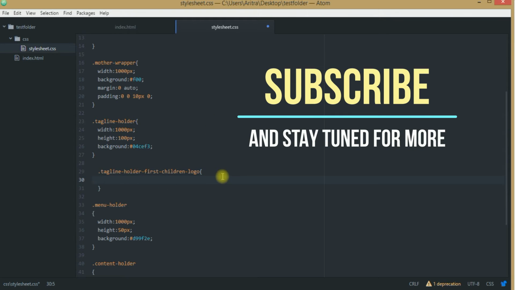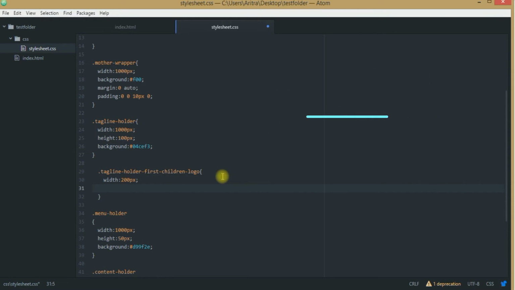Now inside, we are first providing the dimension over here, the width of 200 pixels that we have assumed. Then we are providing the height. The height should be the same here. The height of the parent div was 100 pixels, and you cannot exceed this 100 pixels.